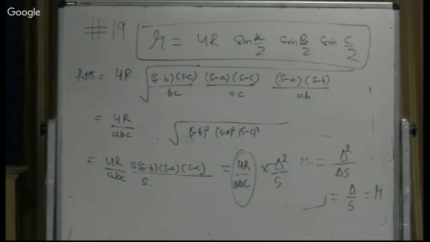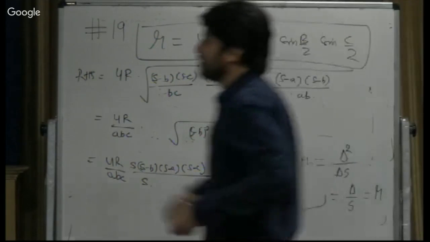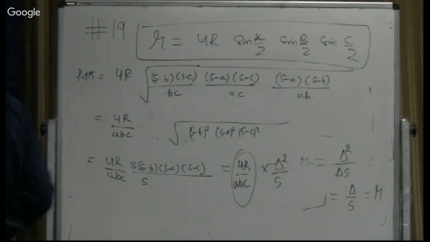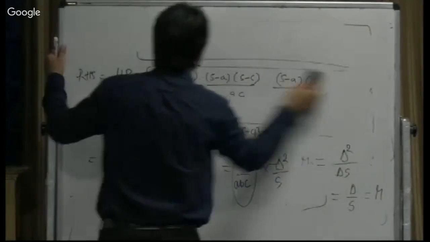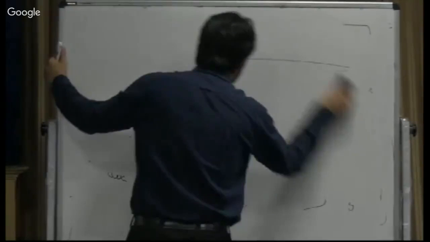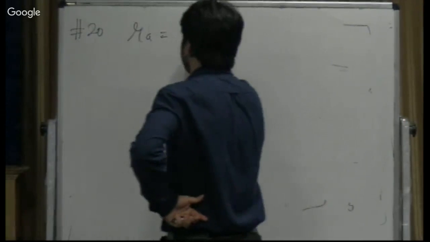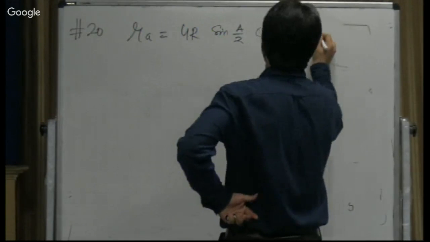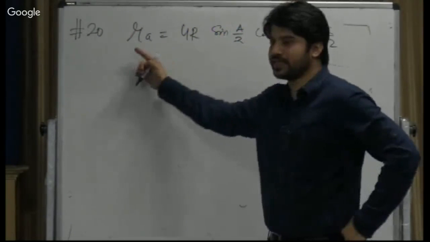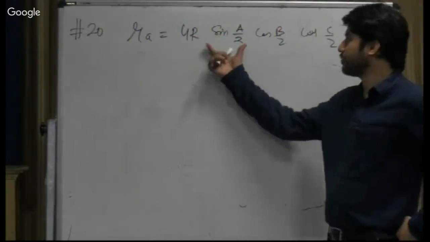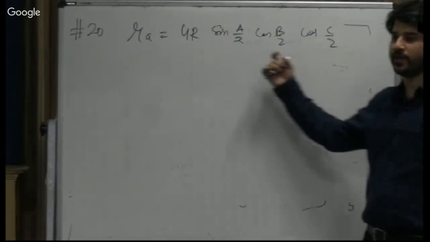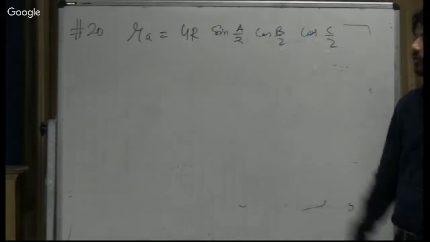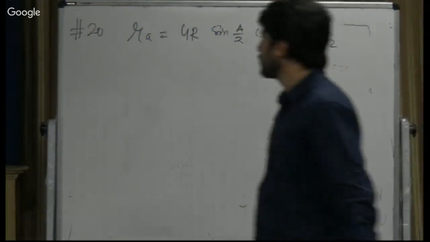वहां से कोई कॉलम नहीं. Now property 20 is RA is equal to 4R sine A by 2 cos B by 2 cos C by 2. क्या हुआ? यहाँ पे अब x रेडियस आ गया है, और उस समय था साइन b बाई टू, साइन c बाई टू, अब क्या है साइन a बाई टू रह गया, लेकिन ये दोनों बंदे कॉस हो गए, तो ये भी प्रूफ हो जाएगा आराम से। राइट हैंड साइड में जाएंगे,